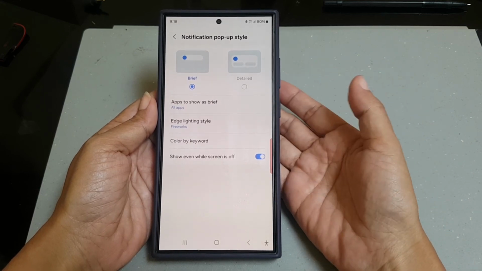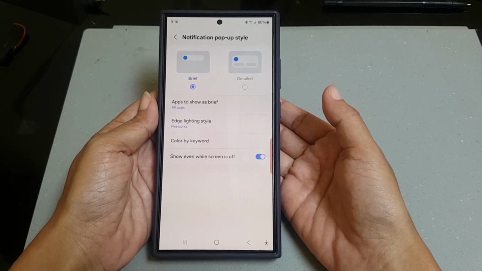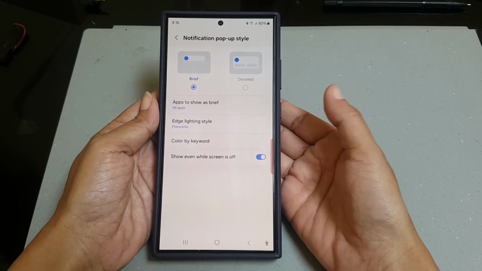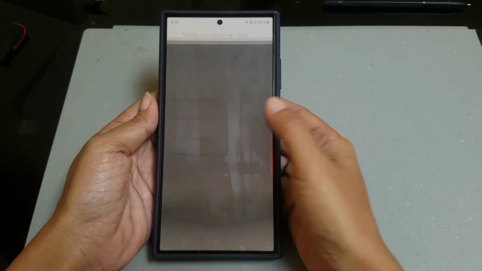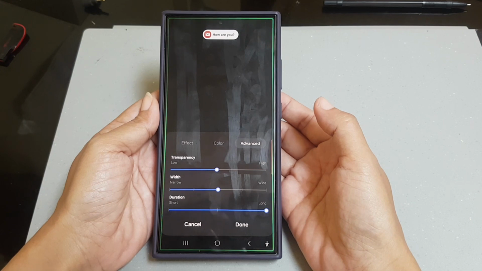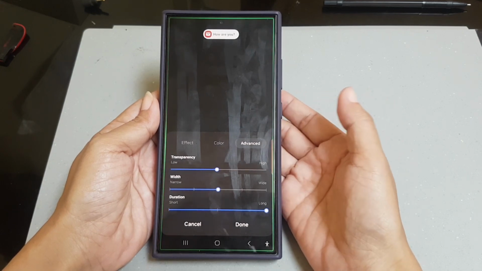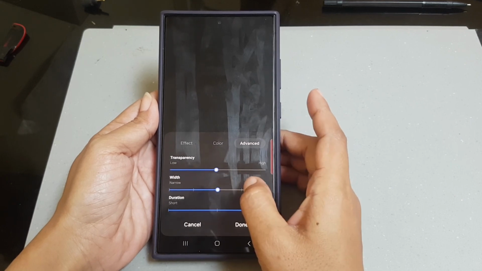If you have set it to Brief, you can change how wide the edge lighting color will be. To do so, tap Edge lighting style, tap the Advanced tab, and then slide the adjustment bar below Width to the right to get a wider edge lighting alert,